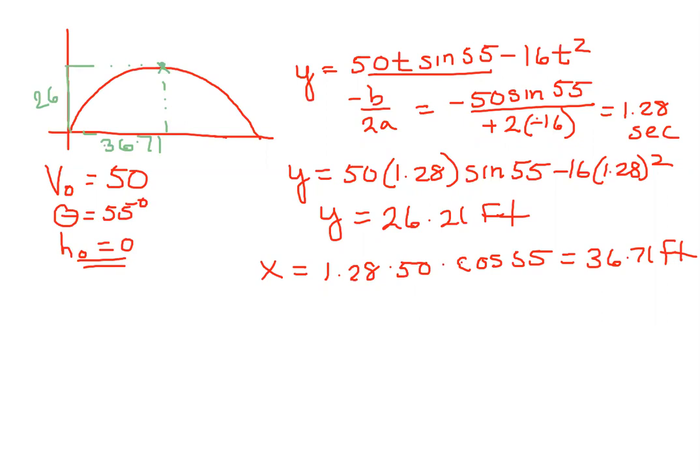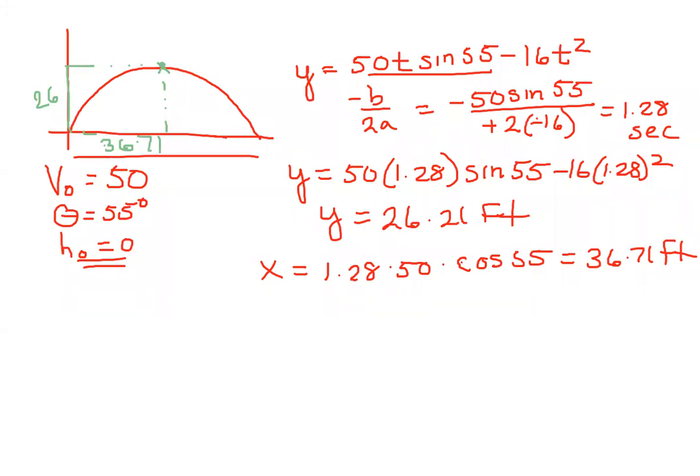If the ball was kicked towards a 10-foot goal post that stands 70 feet away, will it pass over the post? And if not, how much higher will the ball need to go? So there's a couple ways you can do this. I'm going to do it a different way than I did the last one. The goal post is 70 feet away